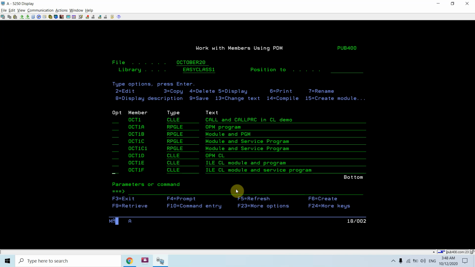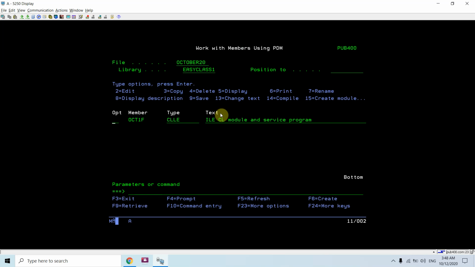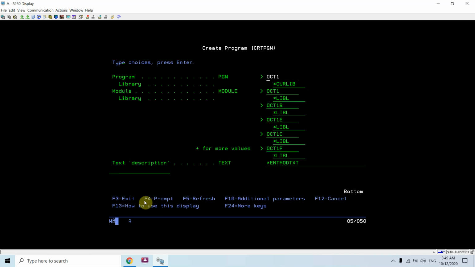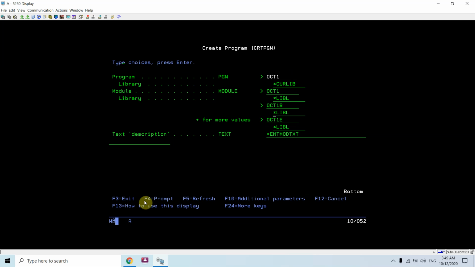Okay, because I didn't pass anything. So here I didn't initialize var1 and var2, they are blank. Now I can see that I can still call these two service program procedures, but they are not actually domain procedures. Now I can create that program either by binding oct1c and oct1f, which are the service programs.